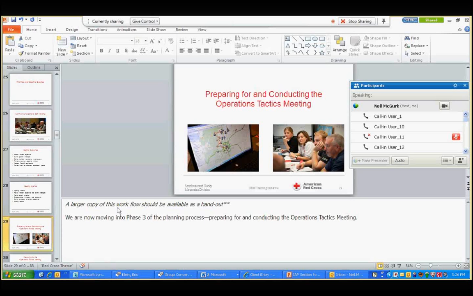Okay, so now moving into preparing for and conducting the operations tactics meeting. During this section, this is where I think you really have to keep things tightened up with how you discuss the 215 process and the reason for the 215s and why we as an organization are going down it. The first thing is, as we go through this, and I'm talking about this a little bit out of order just to give this as an example, we really need to highlight in this section that the intention is a very clear direction of having operations being driven at the local level, and the 215 process is the document that allows us to be driven at the local level.